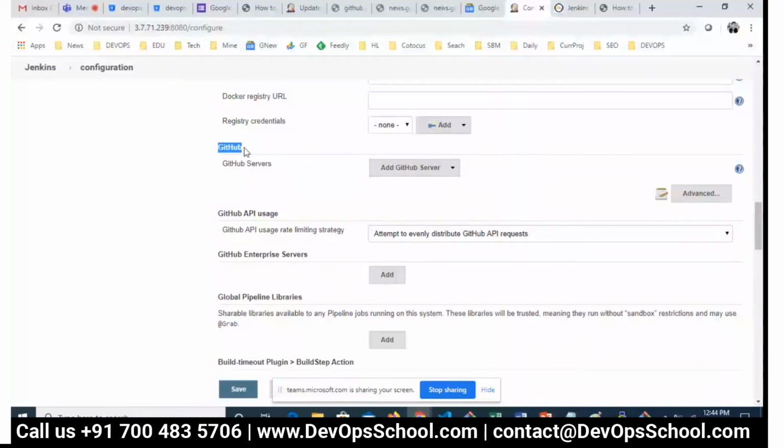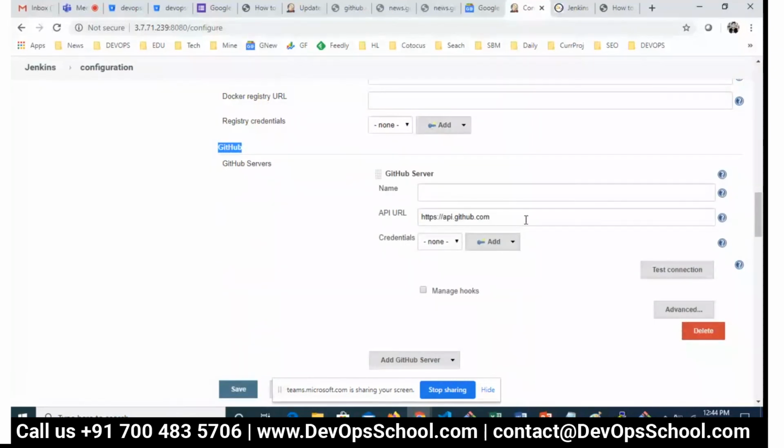Okay, GitHub, and add a GitHub server. Here I'm adding a GitHub server. Now, if you have your own GitHub server, you can put in your own APIs and stuff like that. But right now, I'm not having my own GitHub server. I'm using the cloud GitHub. So this URL which you have got, it's up to date. It's the current one. Now, this I will name GitHub. Whatever the name, you can give it any name. But this is important, credential.